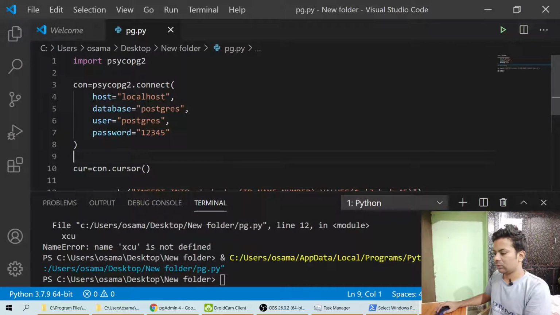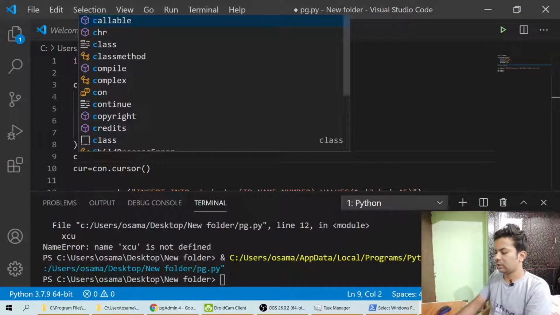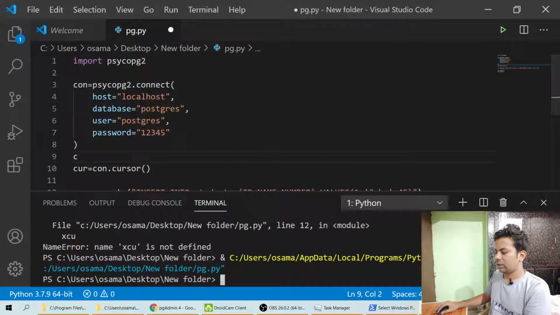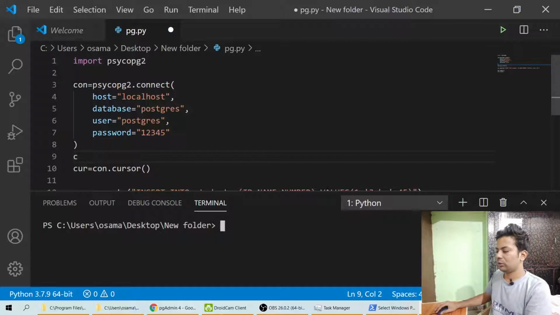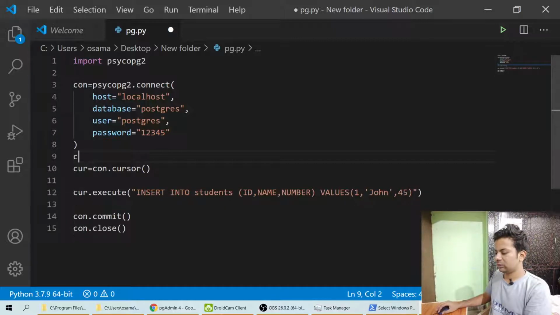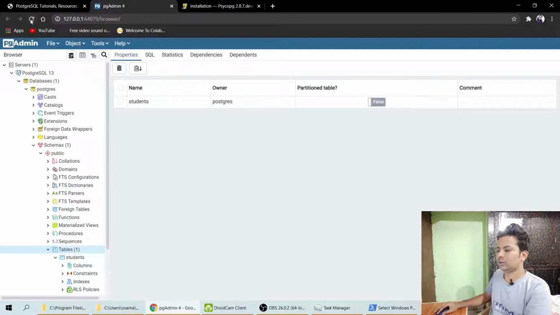It successfully ran. That's an old error it's showing you. So let's just check the table here. It should have been updated, I think.